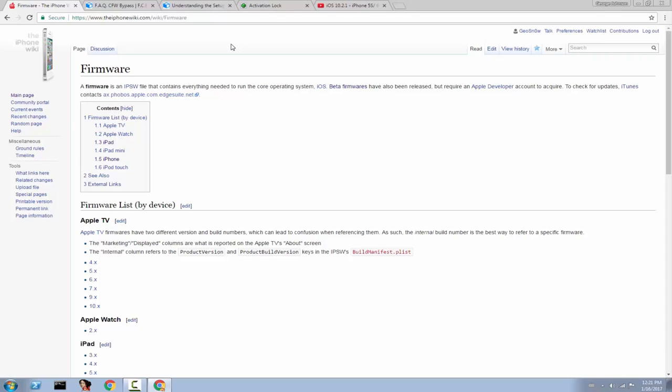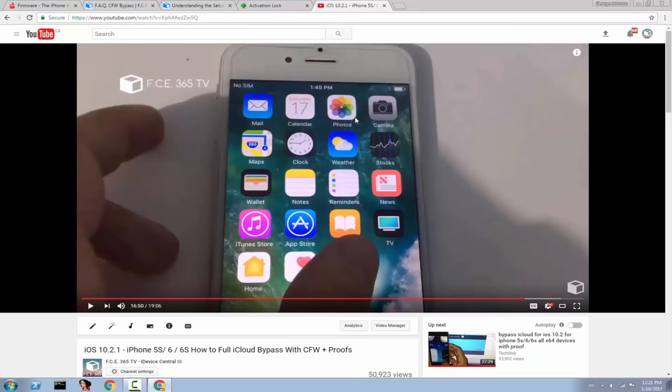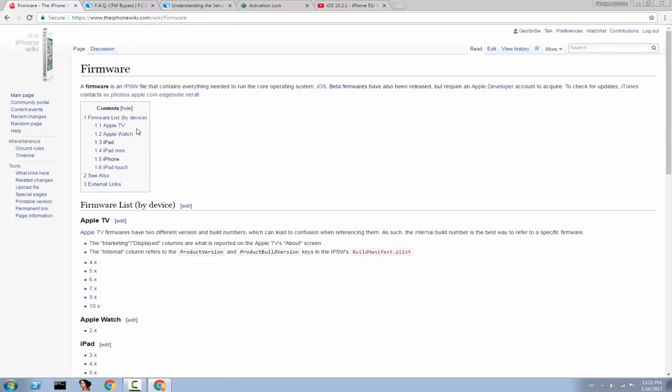The iPhone 6 that I have in this video that I bypassed is on 10.1.1 and I want to jailbreak it, so I cannot restore it right now, and the 6S is the same thing. But as I said, you can find the proofs for them in the previous video that is available in the description down below. Anyways, if you want to do this, of course, you need to get your own IPSW,